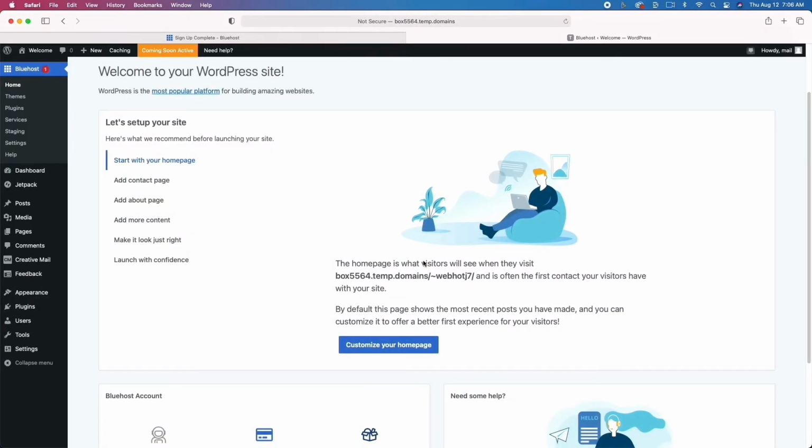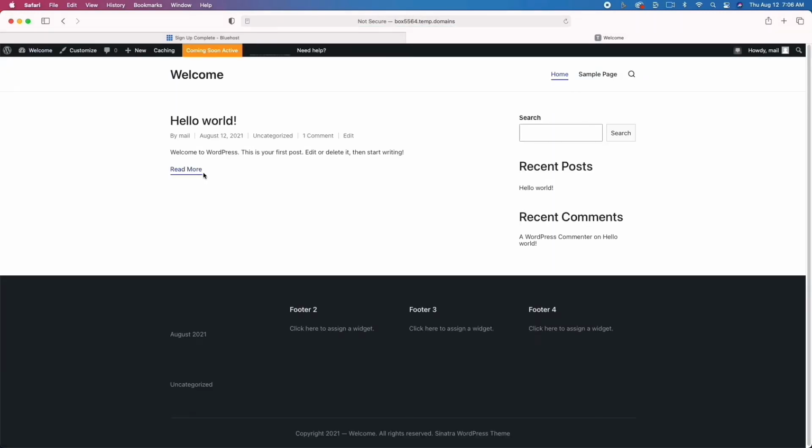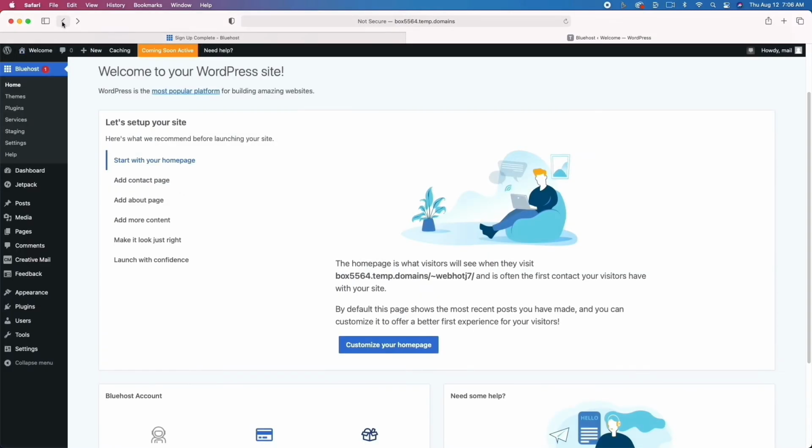Now what I'm going to do is I'm actually going to log in and delete a few plugins, because right now it has the coming soon. And so if someone tried to get to your website at this moment, it's going to say coming soon to them, even though we can see it. This is what your WordPress website looks like, but for everyone else outside of your network, it's going to say